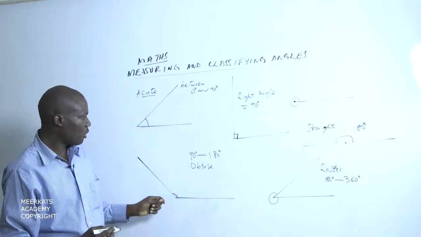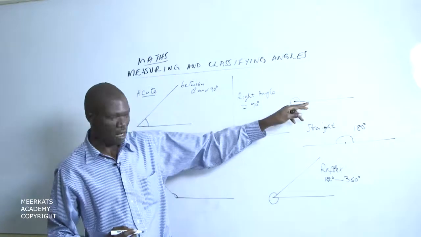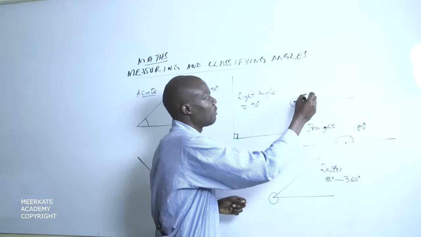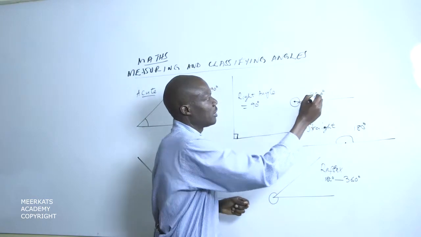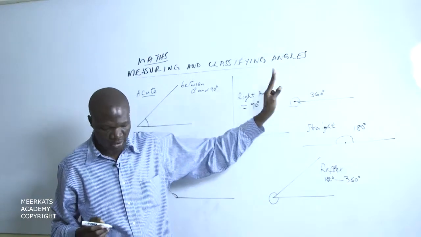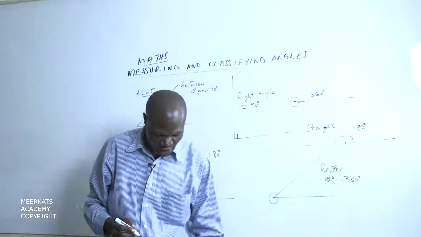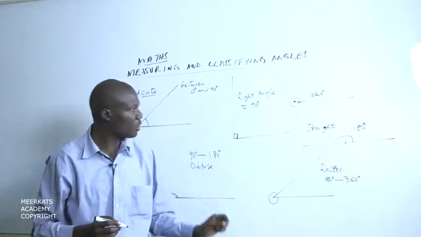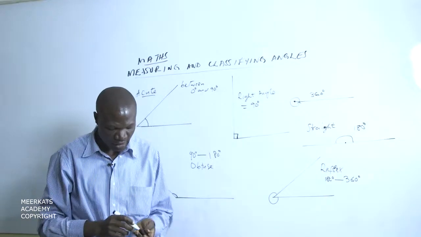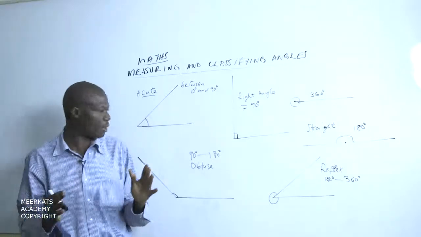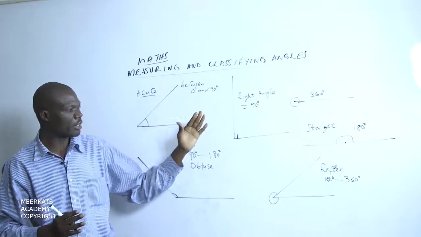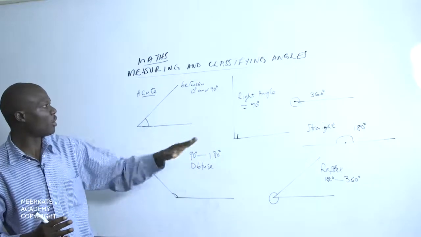We have what we call a complete revolution, which is an angle of 360 degrees. One complete rotation forms 360 degrees. That is what we refer to as a revolution. So when you talk of a revolution, we are talking about 360 degrees. So all the angles in mathematics fall between 0 degrees and 360 degrees, and they'll always be classified